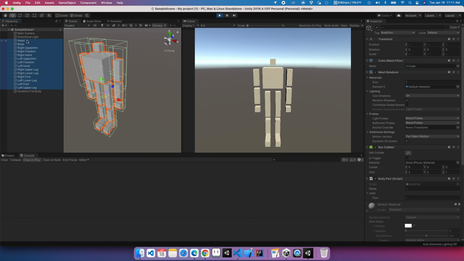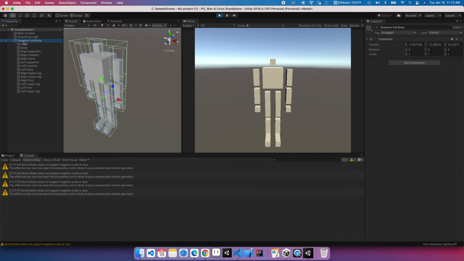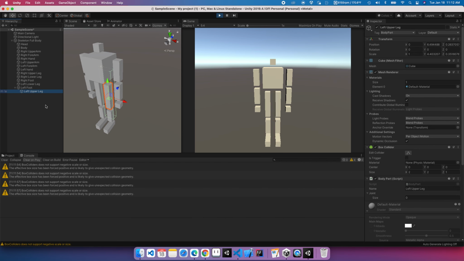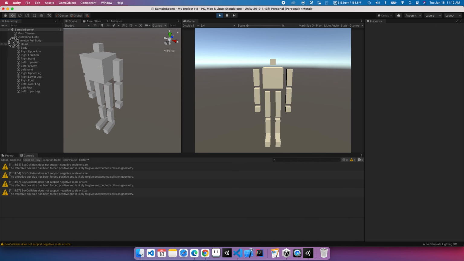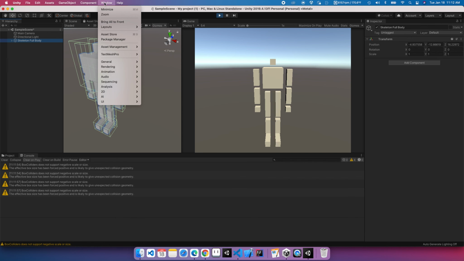Anyways, so what I'm doing now is I just multi-selected everything, and then I dragged it into this. And what I'm doing here is I'm making all of those objects a child, making the skeleton body a parent. Anything with nested stuff is like a parent. They can have unlimited nested children. Everything can have children. This is a body, and I'm gonna go to Window, and